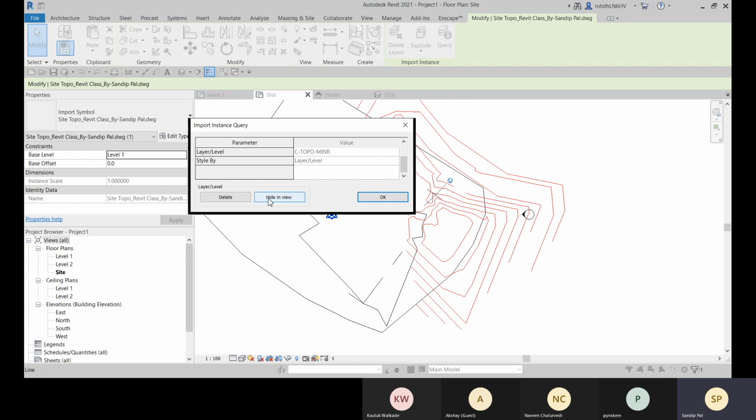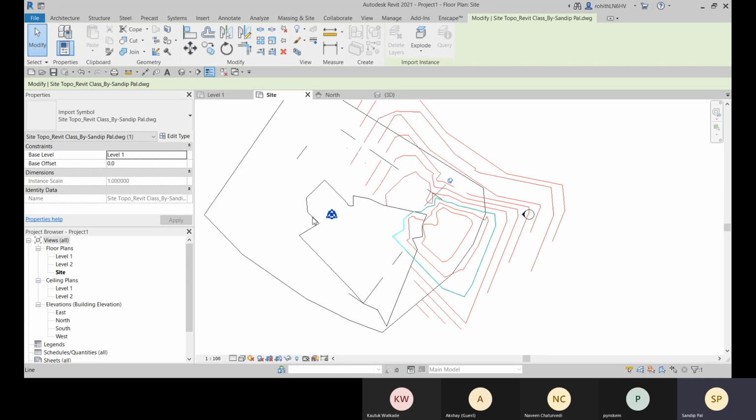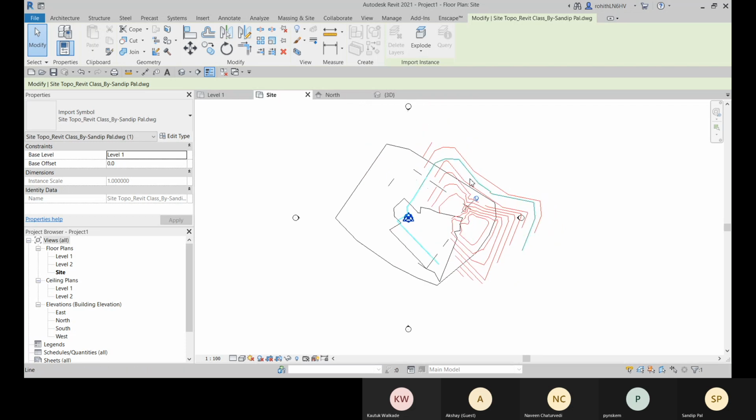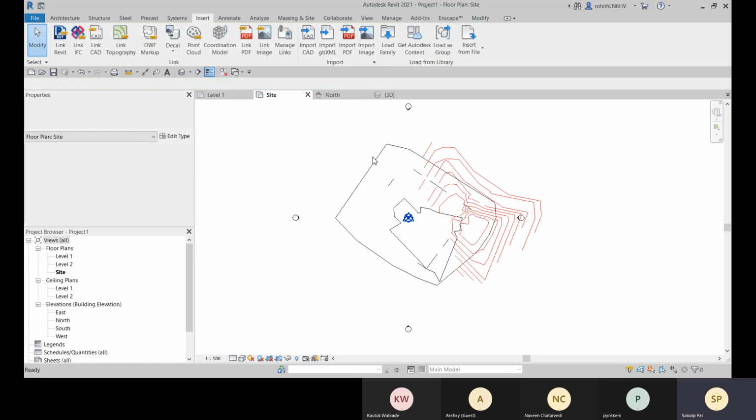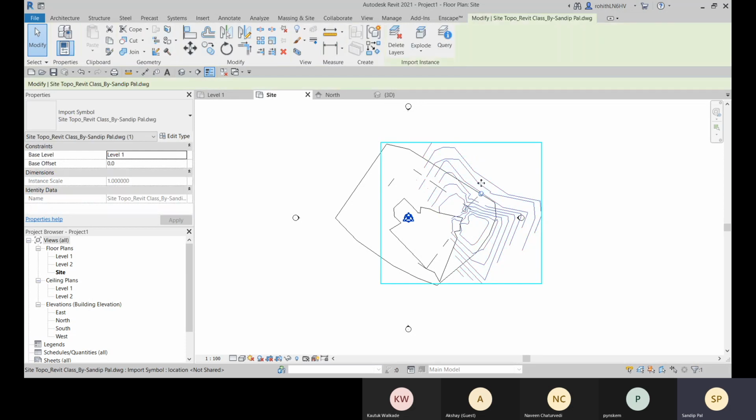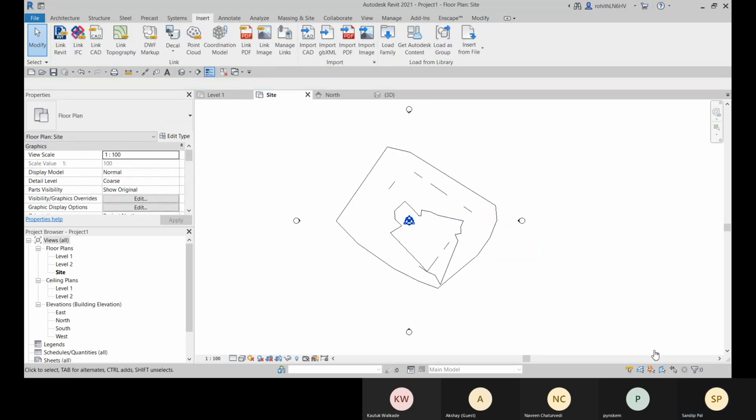And here you can choose this hide in view, particularly to hide that element, this query option. Okay. So now let me press escape twice and let me select this, unpin it, and I will press delete. Okay.